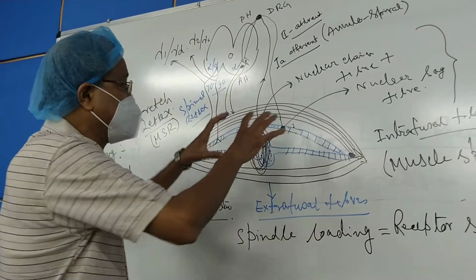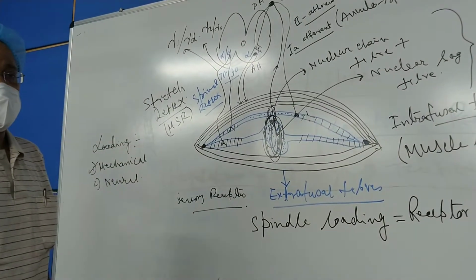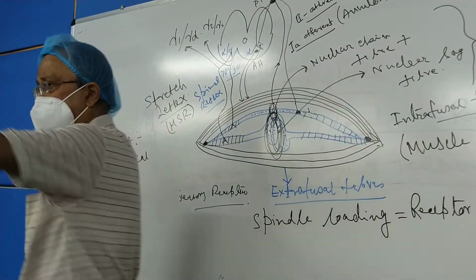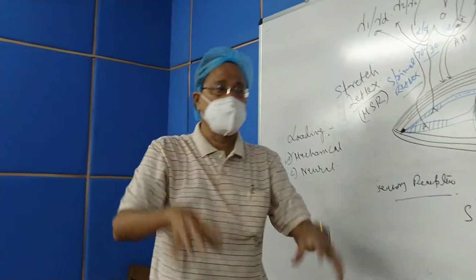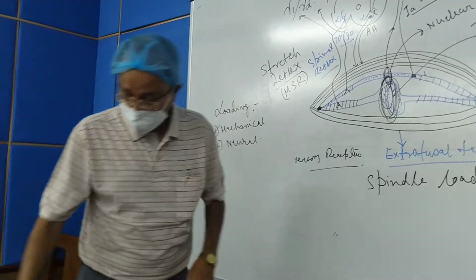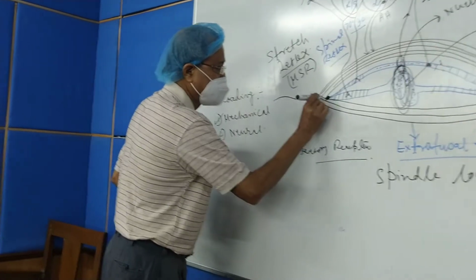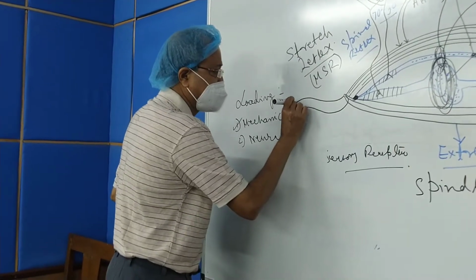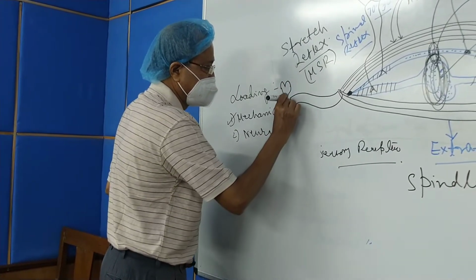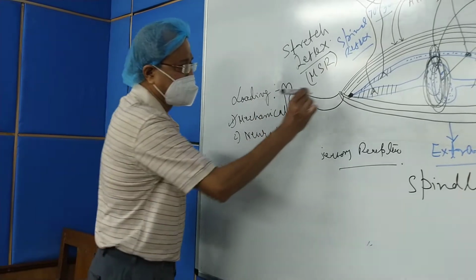Now whenever a muscle is stretched by mechanical means, either by stretching the muscle, which the athletes do in their routine practice, or by striking the tendon of the muscle. By striking the tendon of the muscle, if this be the tendon of the muscle attached to a bone, so this is the muscle tendon,